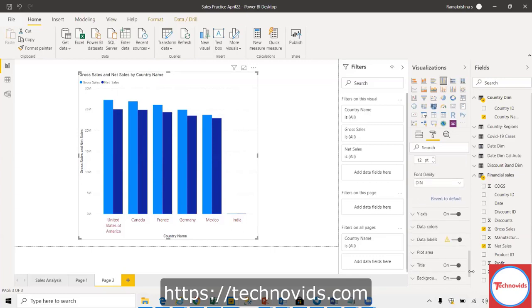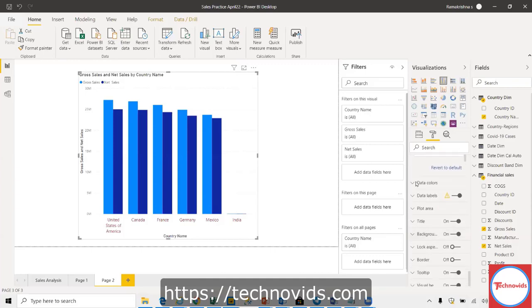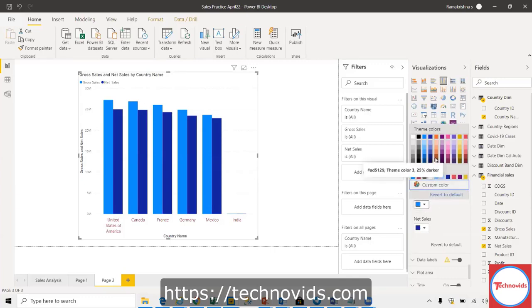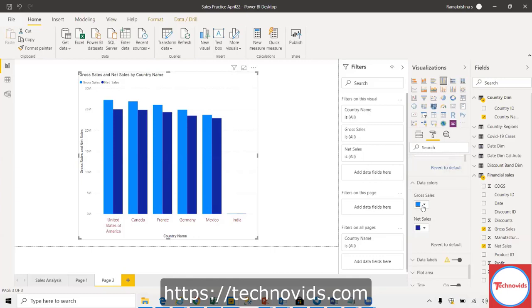These are mostly self-explanatory. If you still have any questions, you can explore yourself. Since you have done so much on Excel and other tools, it's mostly self-explanatory. If you have any questions, you can always clarify at a later point of time, right? Data means the values here, whatever the data is. Again, you can change the color and those things. For example, gross sales is now some blue color, and I can change it to some other color if I like.